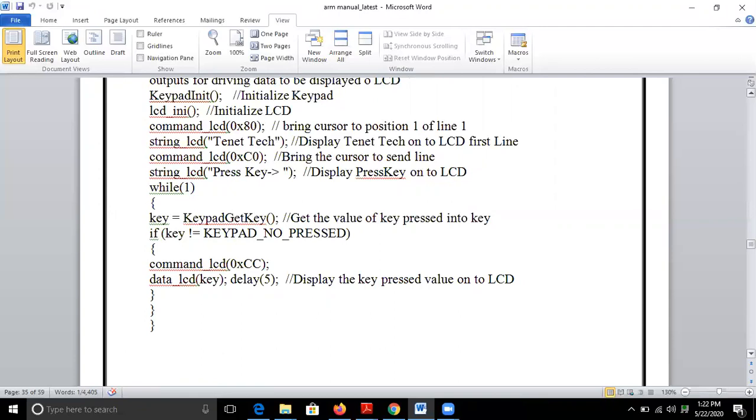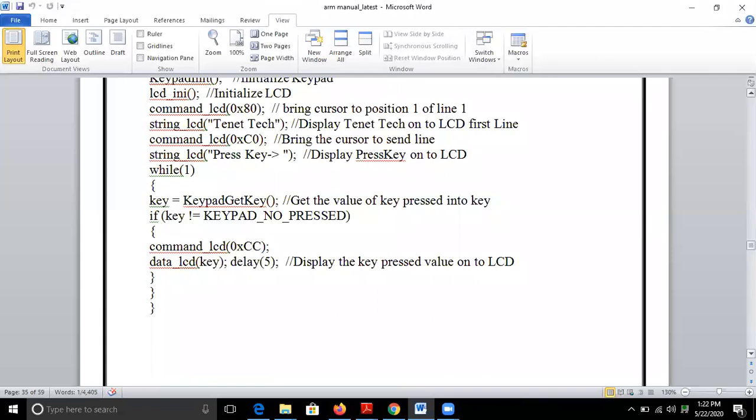Then it will check if the key pressed is valid. If it is valid, then it will issue the command to go to the next character position on the second line. After displaying "Press key", it should go to the next column position to display the value of the key that is pressed by the user.